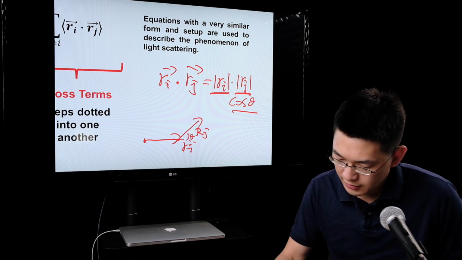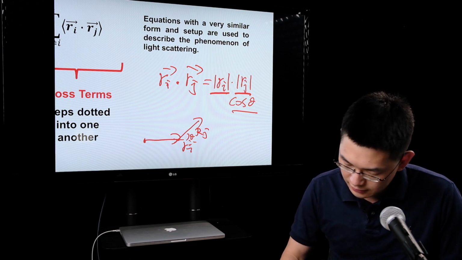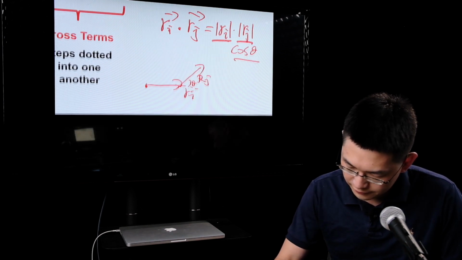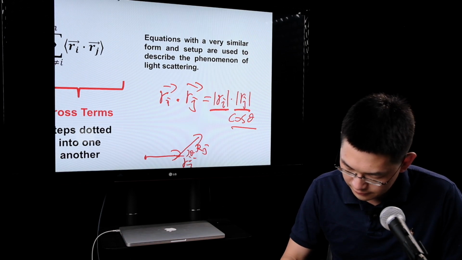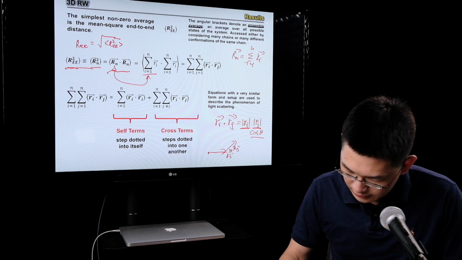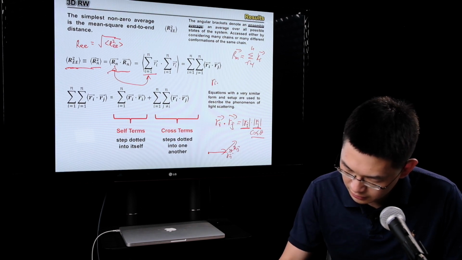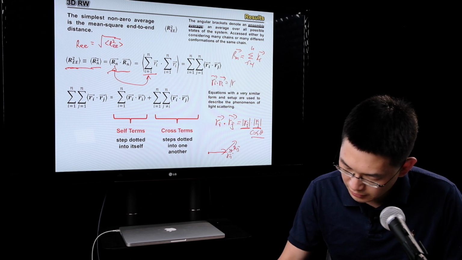As you can see, let me write somewhere empty: Ri dot Ri will be equal to the absolute value of Ri multiplied by the absolute value of Ri,